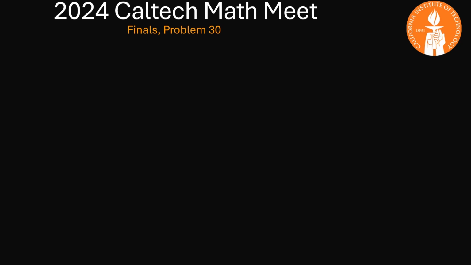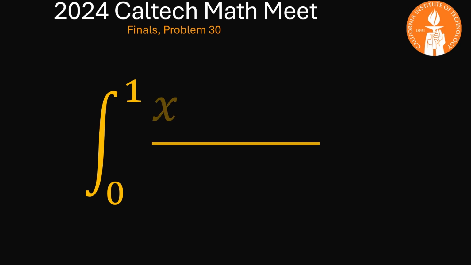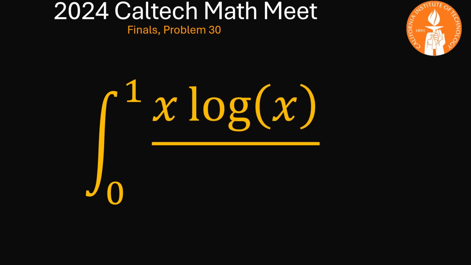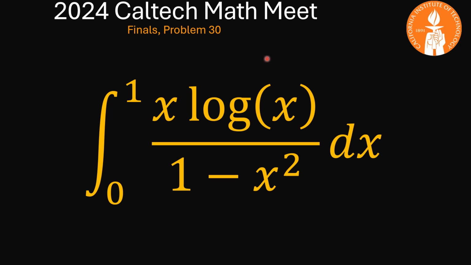So welcome to Everyday Mathematics. Today we're still on the 2024 Caltech Math Meet set of problems, and we are on the finals, problem number 30. The problem was the definite integral from x equals 0 to x equals 1 of x times the natural logarithm of x over 1 minus x squared. So this problem exploits